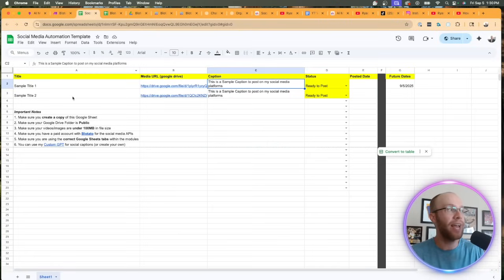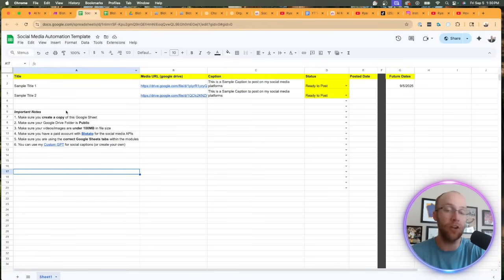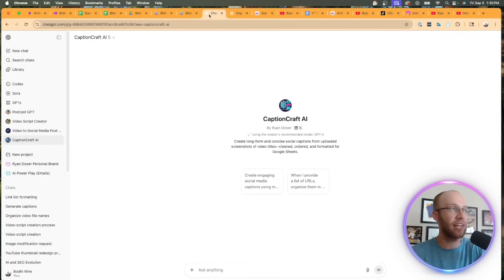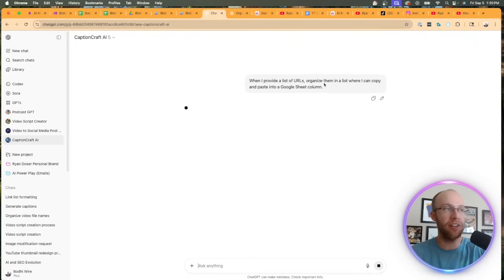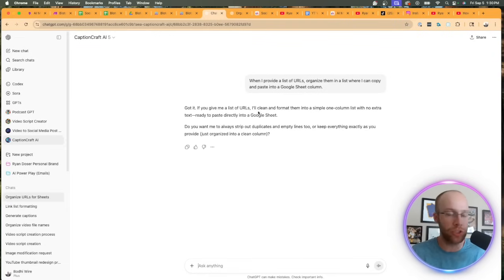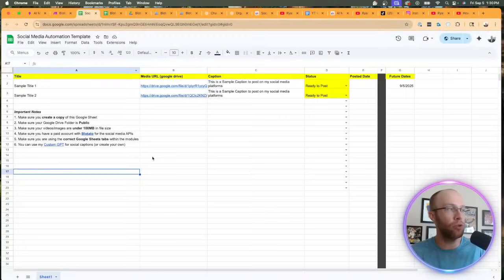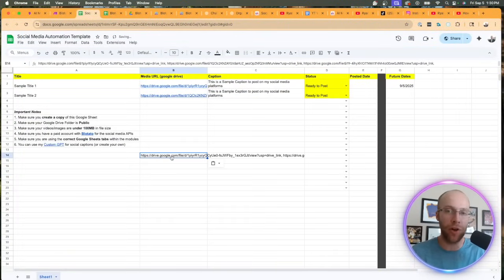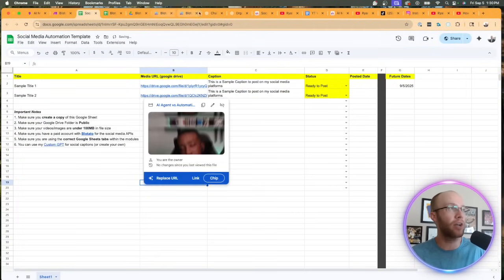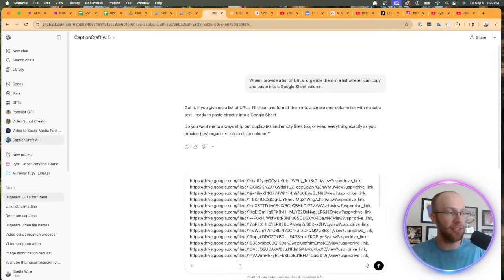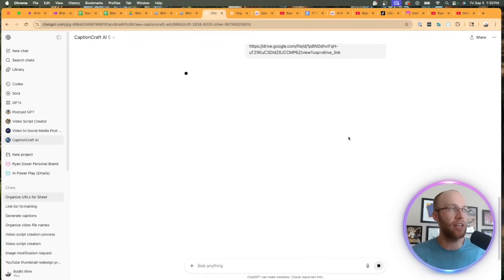And by the way, that is available right here under these important notes if you want to access it. I have a conversation starter right here that says when I provide a list of URLs, organize them where I can copy and paste into a Google Sheet. Because if I go back to my Google Sheet and try to paste all those URLs, it's simply not going to work. So let's go back to this custom GPT, paste all those URLs right here,